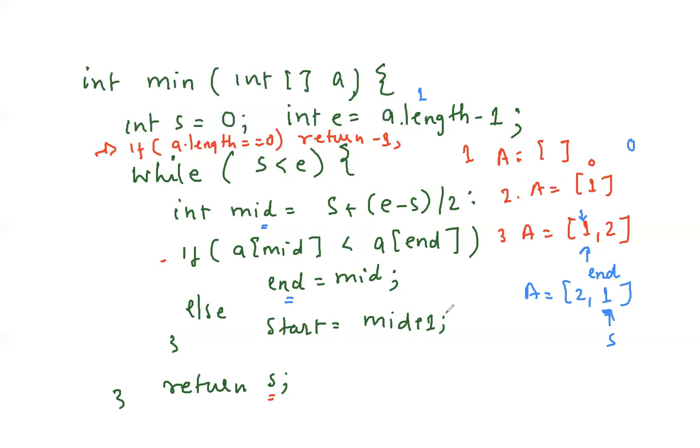Can you solve this sorted rotated array minimum problem, number of rotations? And sometimes they ask to find the pivot. That is also another way of saying find the minimum, right? So that's also the same problem. These all three problems are exactly the same problem. But fundamentally, if you split the sorted rotated array in two halves, one half will always be sorted. Either it will be the left hand side or the right hand side. You have to figure that out, and based on that, you can make decisions.